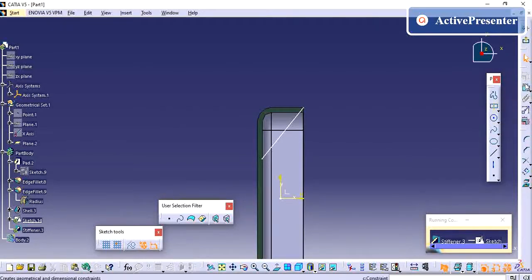I am giving constraints for this line: coincide with the outer surface and coincide with the inner surface. So now you can